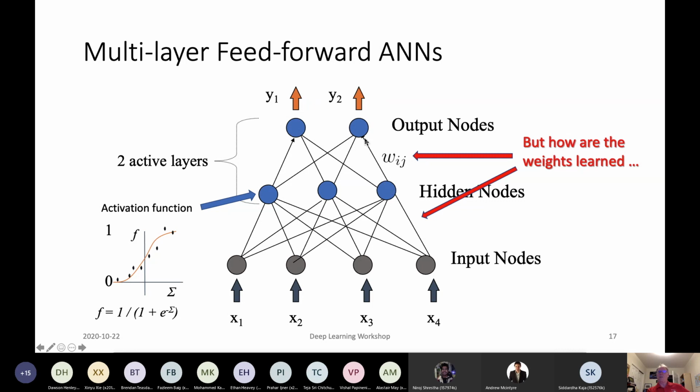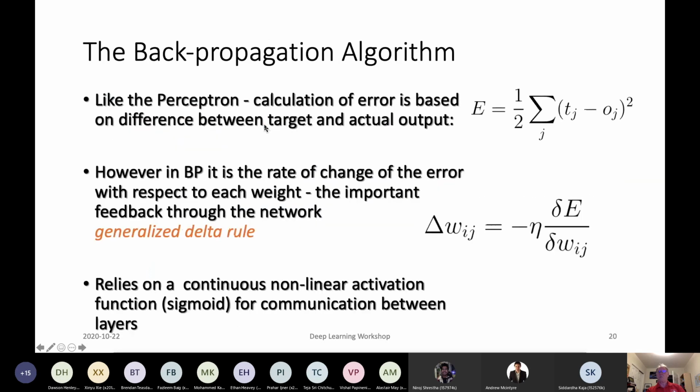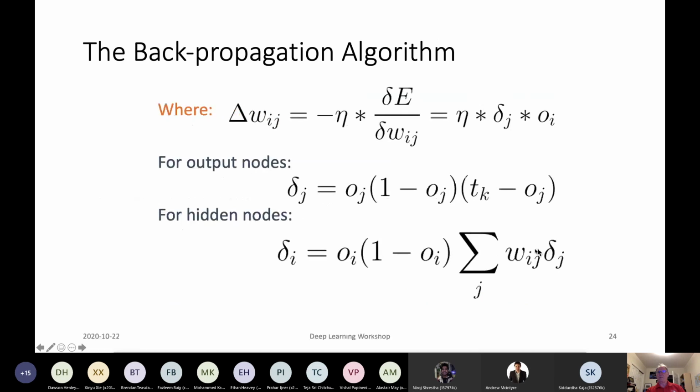So that means we have to consider the summed change effect upon all of those. So that's what this piece is about. Again, there's quite a bit of calculus and then algebra that falls out of that to be able to produce these simple equations. But essentially that's the important breakthrough of the backpropagation algorithm, is finding how to do this.